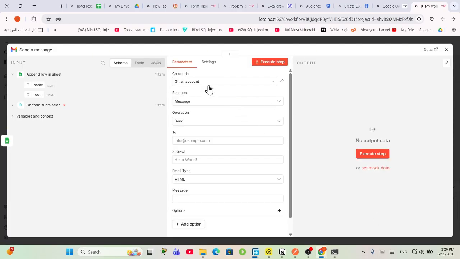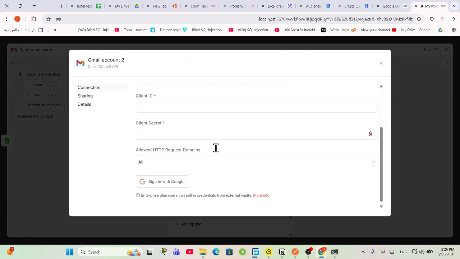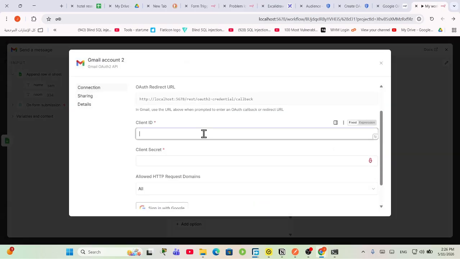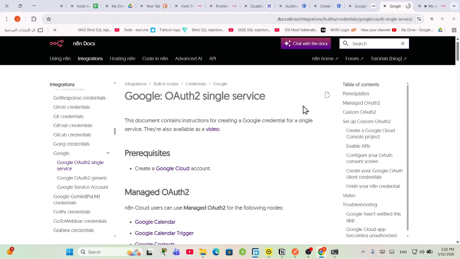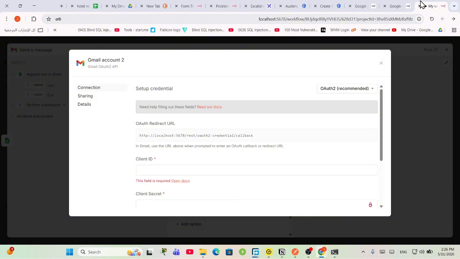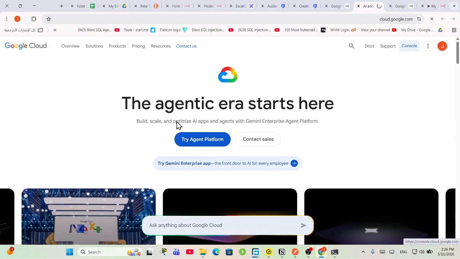Right now I have already created this one, but in your case it's going to ask you to create new credentials. Here also it's the same step that we used. You can also go to read, it's going to help you, guide you here, but it's the same process. You go to Google Cloud, you make sure you sign in, and then you click console,